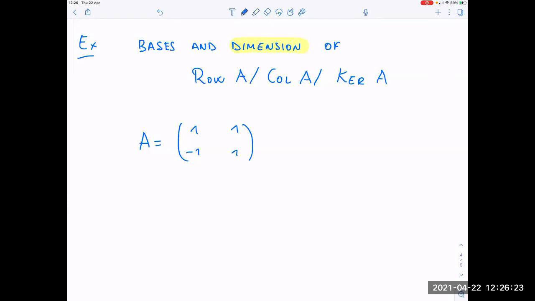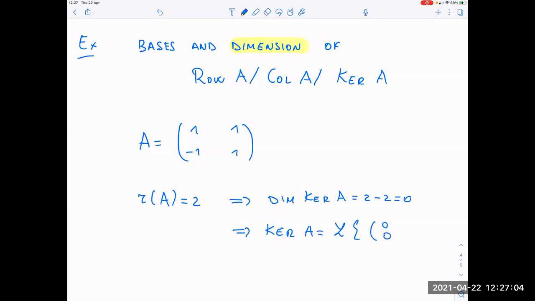So what is the rank of matrix A? The rank of matrix A is 2, right? This means that, for example, the kernel, which comes from Roche-Capelli theorem, is going to be 2 minus 2, which is 0. And there is only a subspace having dimension 0. So this means that the kernel is the 0 subspace